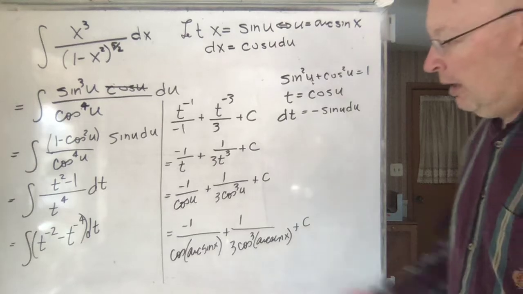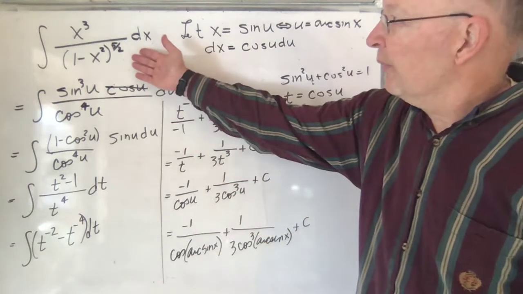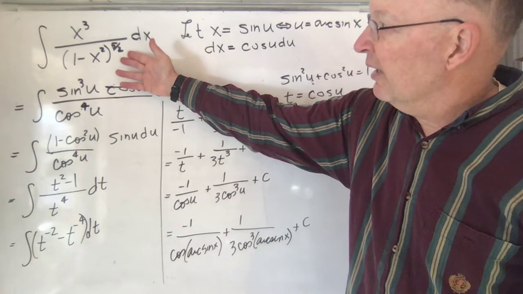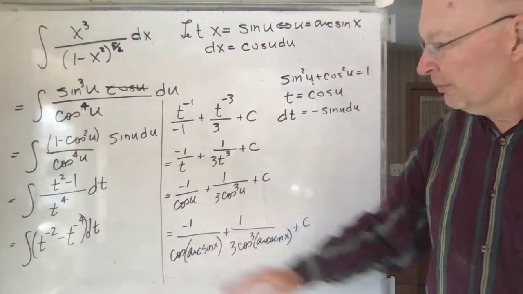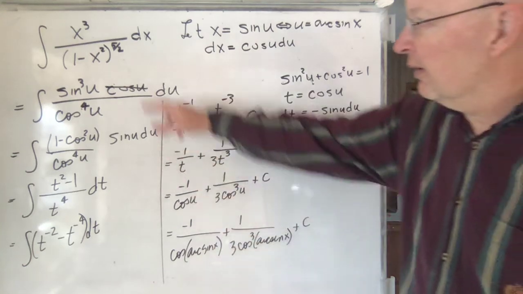Okay? So now we have it all in terms of x, which is what we wanted. We've got a function right there, and we wanted to know what's its antiderivative. What's the function whose derivative is that? And there's our answer. However, if you look at it, this answer, first of all, doesn't look very much like